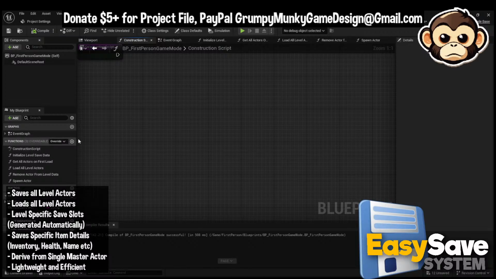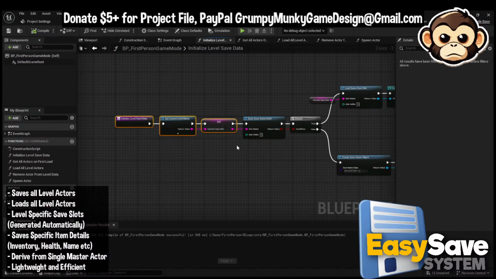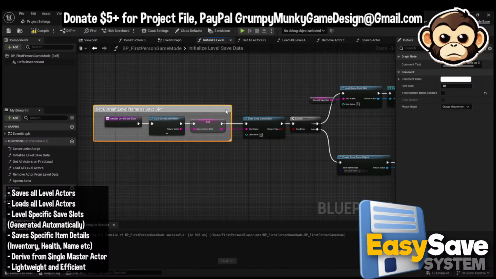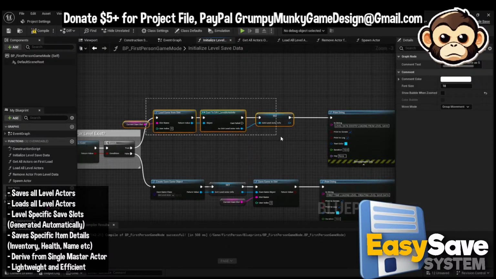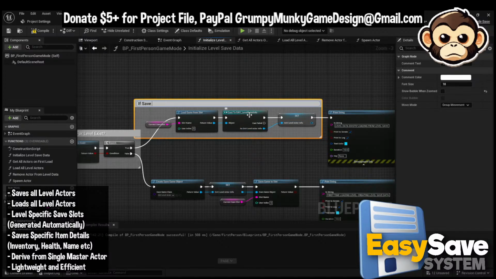And let's just go through our functions here. So initialize level save data. So we're going to do set current level save slot. Does save slot or level exist? So if it does exist, we're going to load that save file. So let's just move that across a little bit. So if save exists, level load,